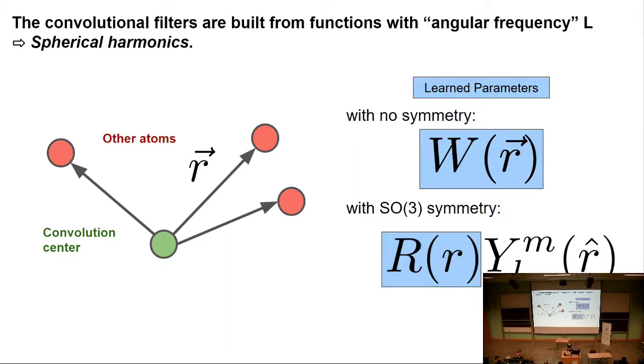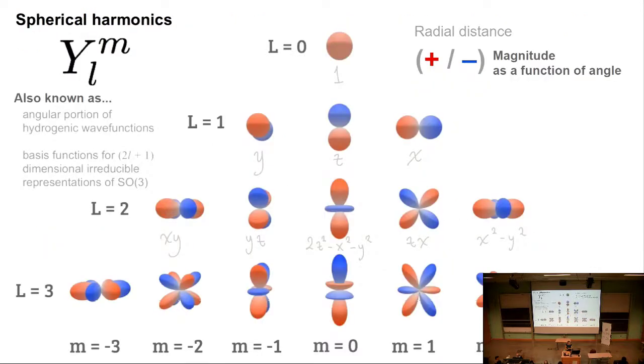Okay, great questions. Cool. Okay, spherical harmonics. These are my favorite functions. I don't know if it's Stockholm syndrome or what, but these are the spherical harmonics. They might look familiar to you because, as I mentioned, they are the angular portion of the hydrogenic wave functions. So L equals 0 are your s orbitals, L equals 1 are your p orbitals, and L equals 2 are your d orbitals.